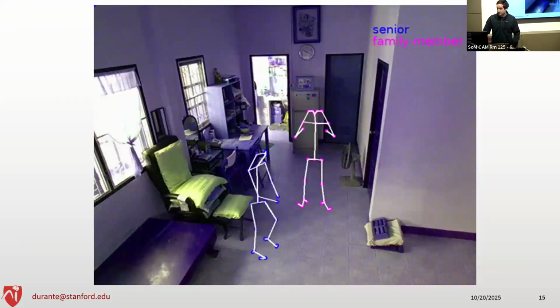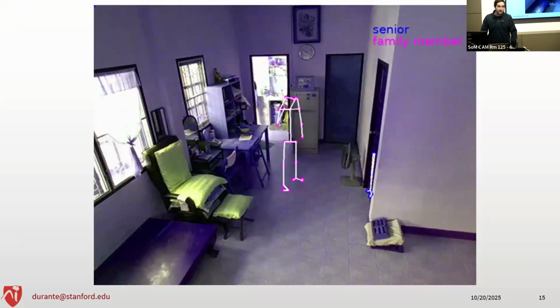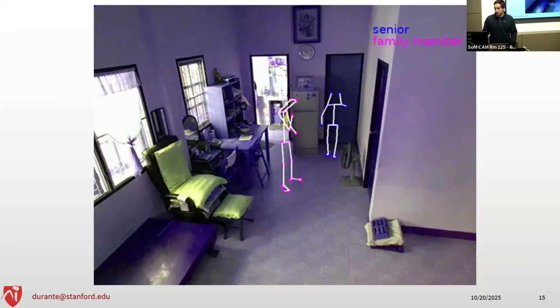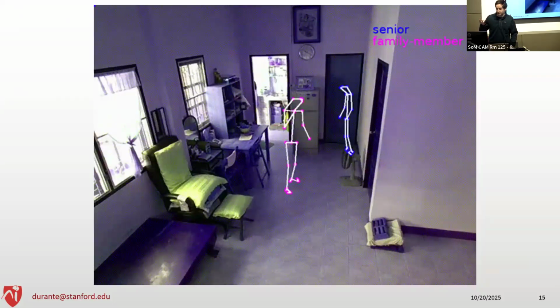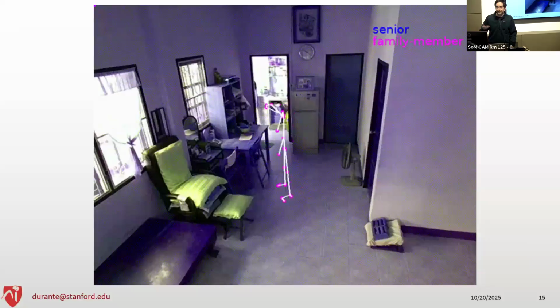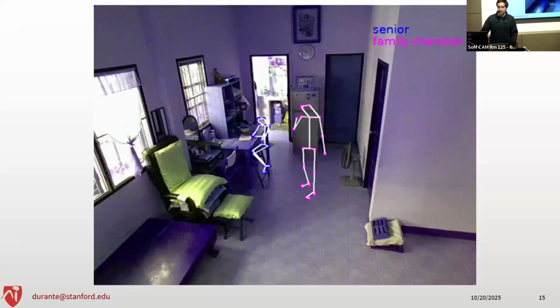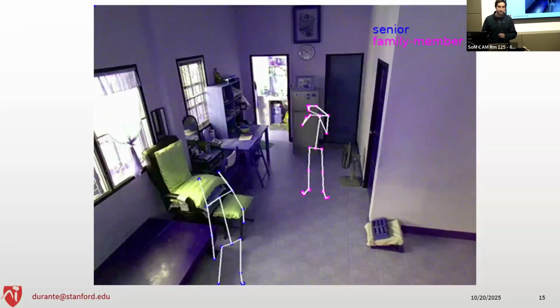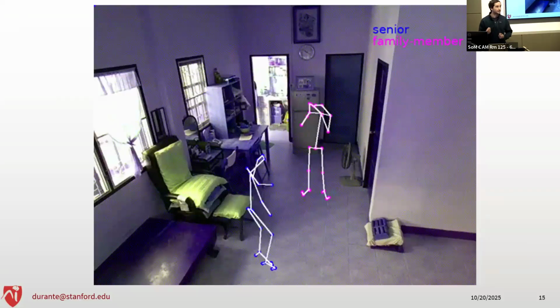So this is nice because it allows us to actually have a pretty good idea of what the person's doing without seeing anything about them. And this can be useful in environments where you might have multiple people living somewhere, or someone might not be comfortable with an outside group seeing them specifically in the scene. They don't want to be identified, but we can still have a human labeler look at this video and annotate what the person's doing to train an AI without ever having to see the person itself.